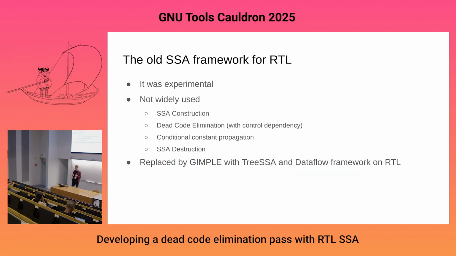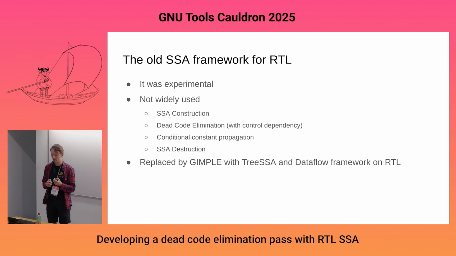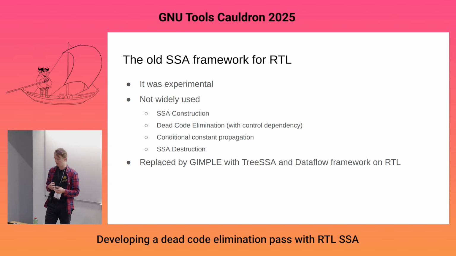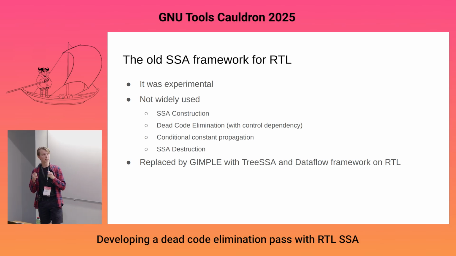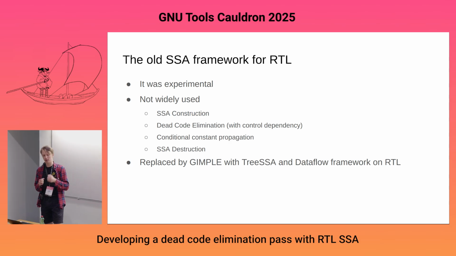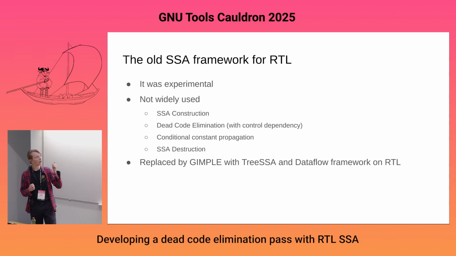As I said, the old SSA framework for RTL was experimental, and it was not widely used. There were only two optimization passes: dead code elimination and conditional constant propagation. There were also two other passes, one for construction of the SSA form and one for the destruction. The framework, as you can see, modified the RTL instructions, and there was also one special phi instruction defined in